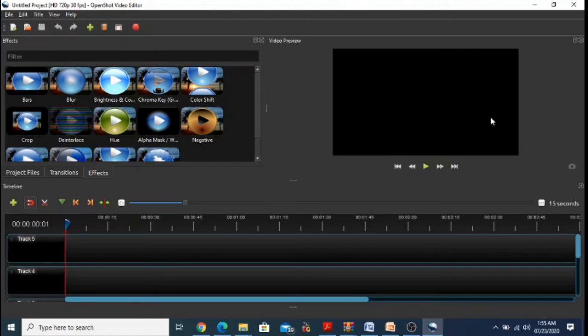This is the preview window. Whatever editing you are doing on these tracks, on your video files or audio files, can be played in this preview window. So whatever changes are applied on your videos, can be previewed here before finalizing the final video.